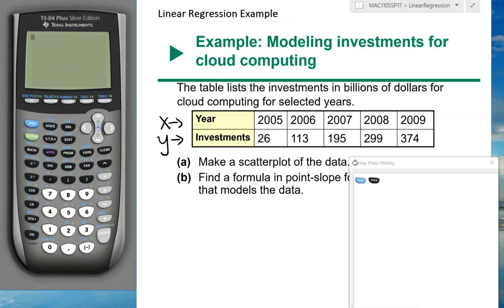let me start from clear. You're going to go and put the data. So you're going to go into stat and then edit. So you hit enter. And then in list 1, you're going to put your X, your independent variable. And then in list 2, you're going to put your dependent variable, your Y. So list 1 gets 2005,